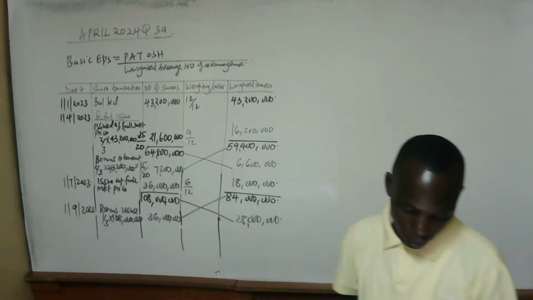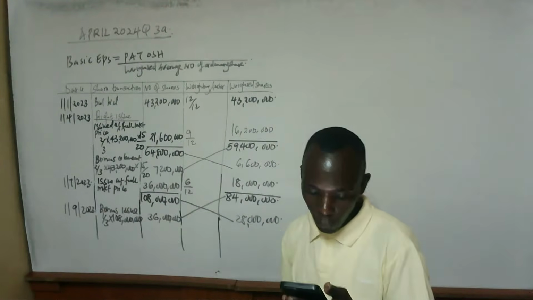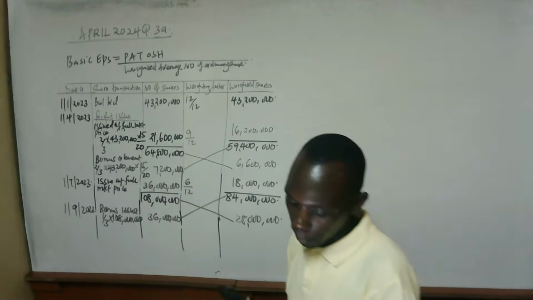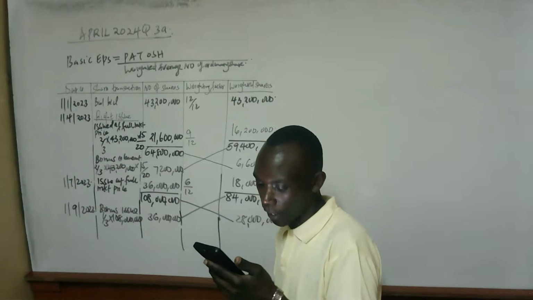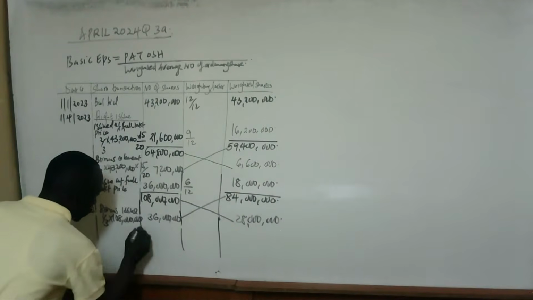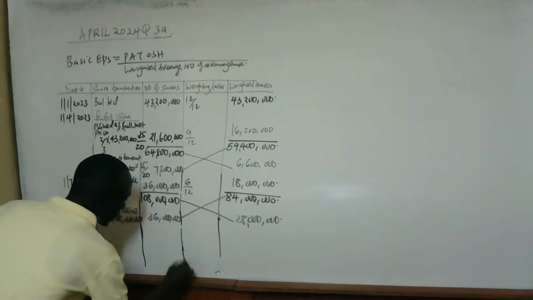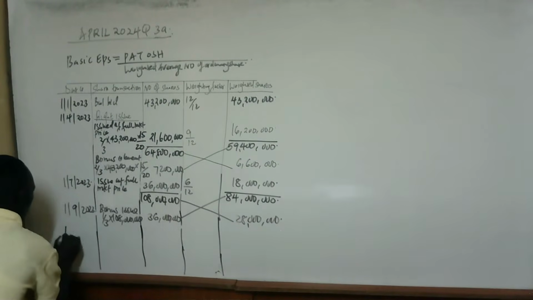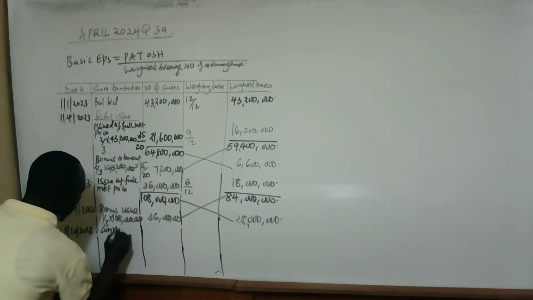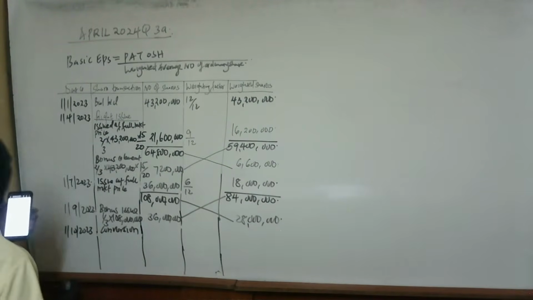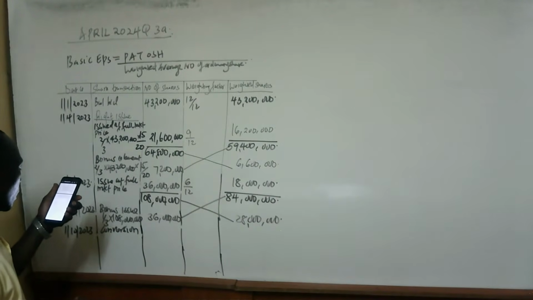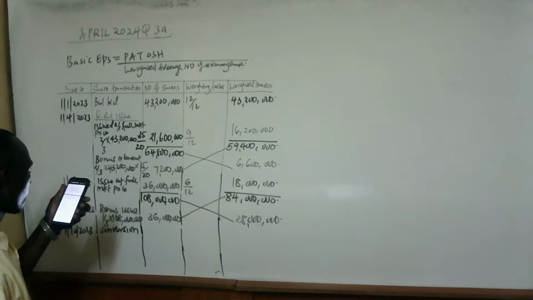Once you get 28 million, the next note you are told that on 1st October 2023, holders of 80 million, 12% convertible preference shares exercise their conversion right. So now we talk about the conversion, and this conversion is on which date? It is on 1st October 2023. And remember the conversion, in the first paragraph we were told that you are going to be given 8 ordinary shares for every shillings